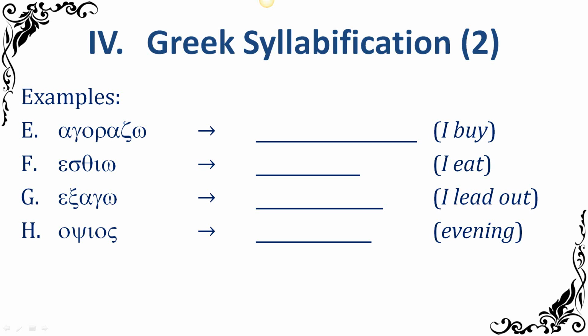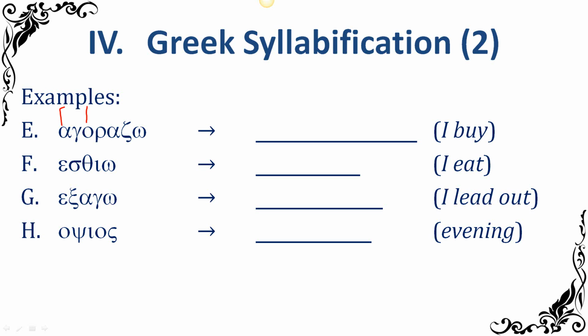So first thing we do is we go through and we find all the vowels. So we ask ourselves, okay, first letter is alpha. Is that a vowel? Yes. Okay, so I'm just going to go ahead and mark that off here. That one is a vowel. All right, gamma. Is that a vowel? No. Okay. How about omicron? Yes, it is a vowel. And then we have rho. Is that a vowel? No. Okay, so we don't have to worry about it.